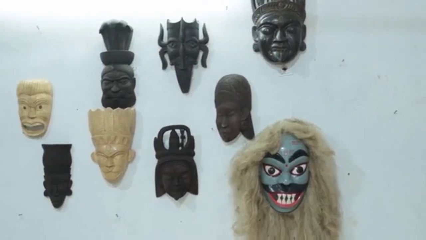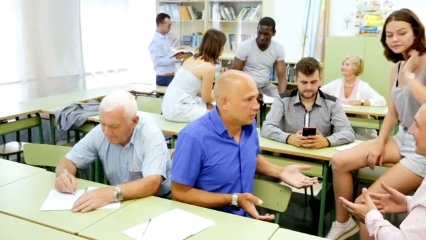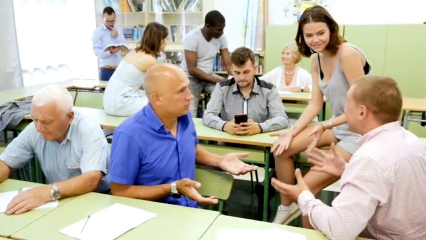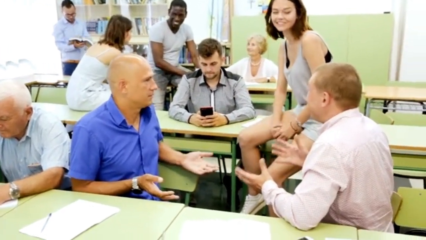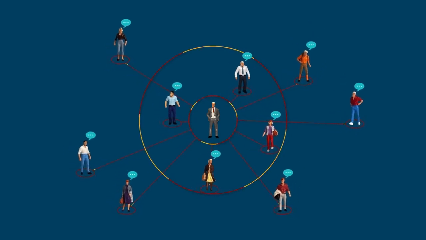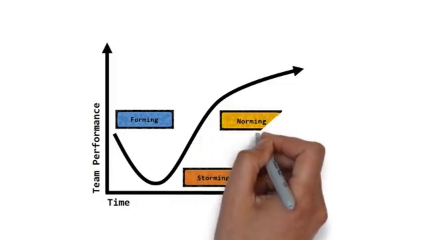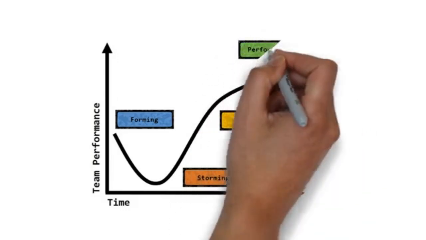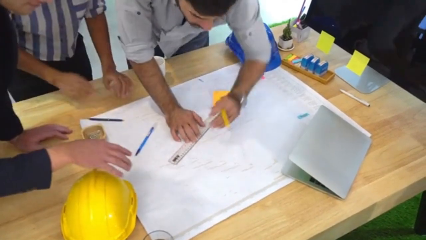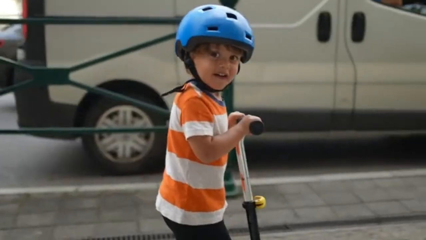2. Vygotsky's sociocultural theory. Lev Vygotsky, a Russian psychologist, took constructivism further by emphasizing the role of social interaction and culture. His sociocultural theory says we learn through collaboration with others. Ever heard of the zone of proximal development? It describes the gap between what a learner can do alone and what they can do with help. A teacher or peer can provide scaffolding, temporary support to help them bridge the gap. For example,